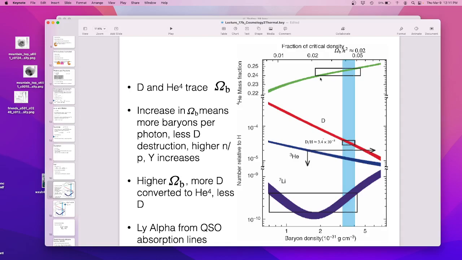So this equation goes faster if it's denser. So I can make more helium-4 if the universe is denser. This green curve tells me how much helium-4 I have based on the density of the universe. So ignore the box in this blue line for a second. That's all this guy tells us. As the density goes up, more deuterium is converted to helium. So all this D goes up here, and so that goes up with density, and deuterium goes down with density. So that's great. Now the ratio is double sensitive because the top goes up and the bottom goes down.